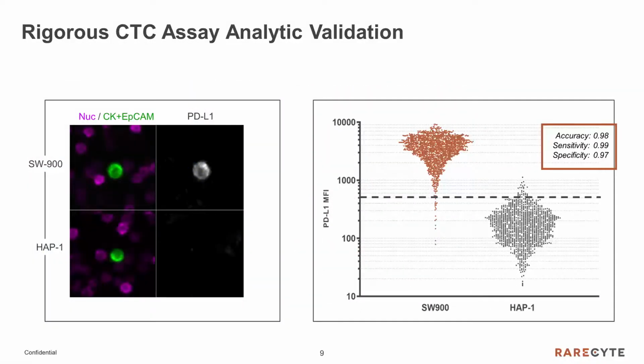Biomarker accuracy is an important metric that we quantify during assay development. When validating a new assay, we select positive and negative cell lines, set the threshold that best separates the two populations, then measure sensitivity, specificity, and accuracy of the assay. Single-cell mean fluorescence intensity is automatically generated, and the determination of biomarker positivity is a yes or no answer that